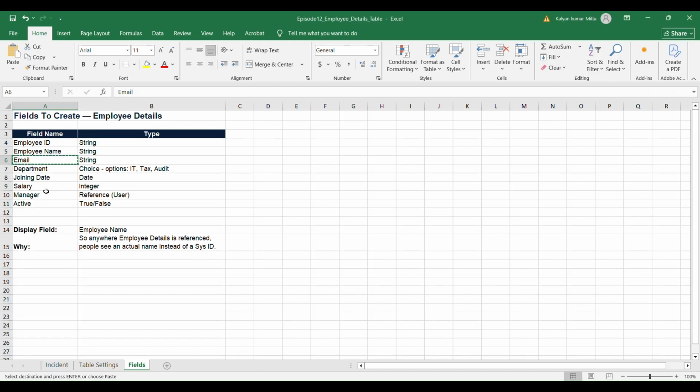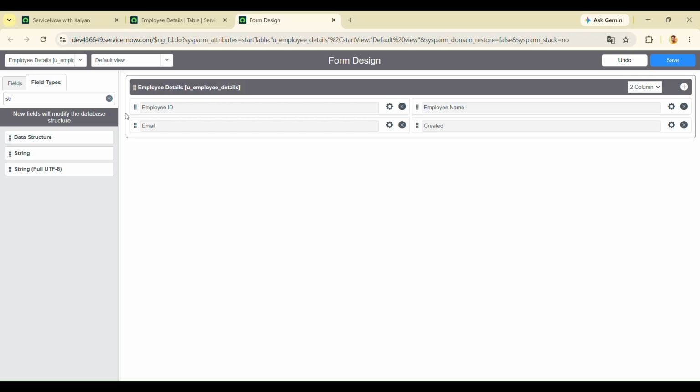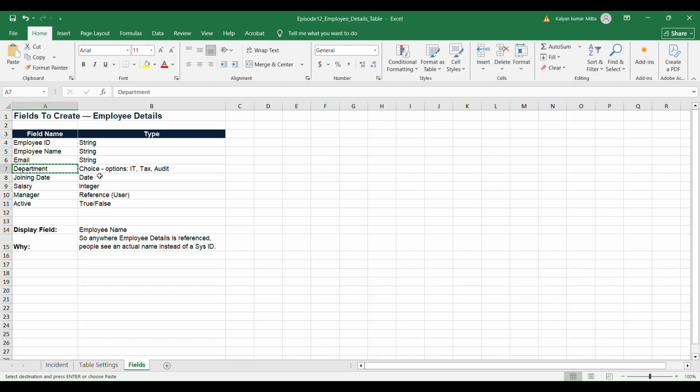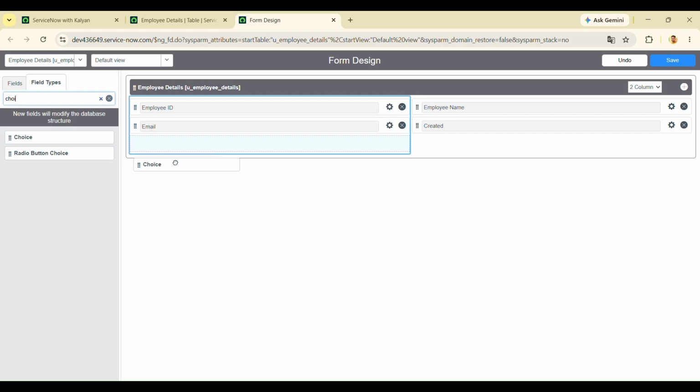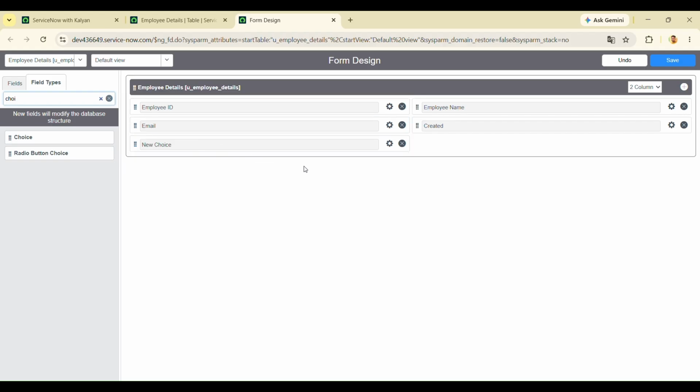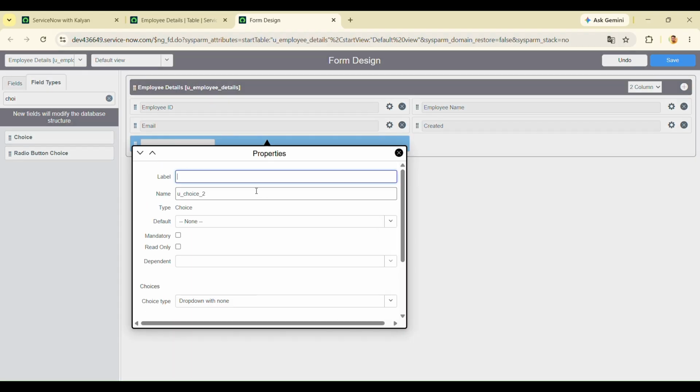So what's the other field? It's department, right? So what it is, of type choice, correct? So search for choice in the field type. Yeah, you find choice, just drag and drop in the designer. And to edit the field definition, just click on the settings icon and clear the label and give the new label that you want to give. And